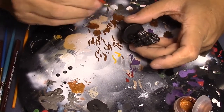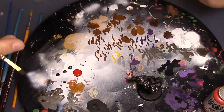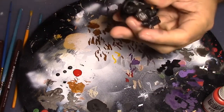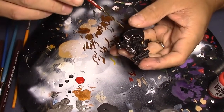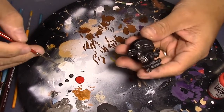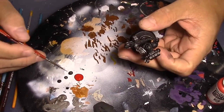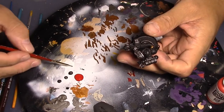I think I'm going to go with the next color, so I'll be right back with that. See you in a second. So I took a quick look at the codex and the pictures, and I noticed that there is way more red in these weapons than I was thinking. So I'm going to go and do red next, because it's going to prevent me from hitting